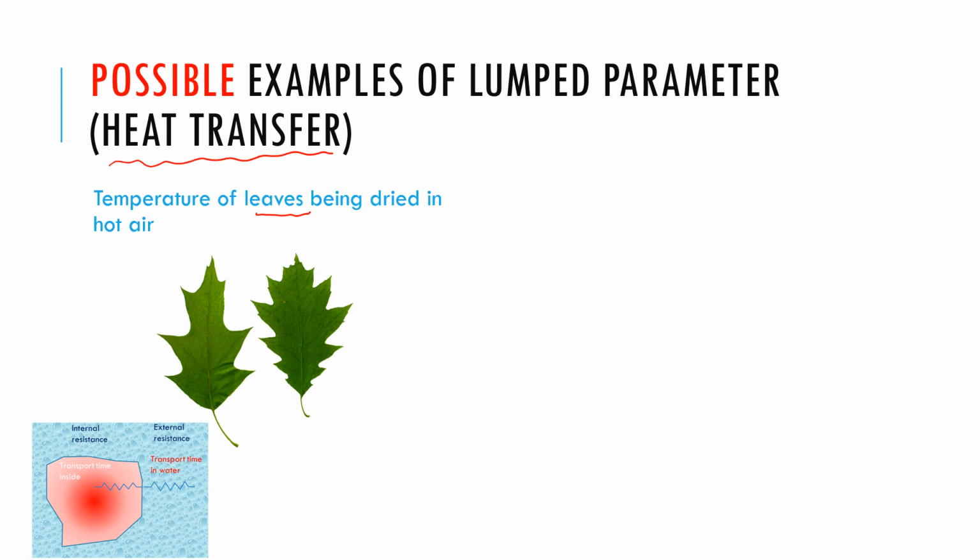So if the leaves are thin, then it doesn't take much effort for heat to come from very deep inside the leaf to the surface, because the distance is very short. So the internal resistance then is small to heat transfer. Another example